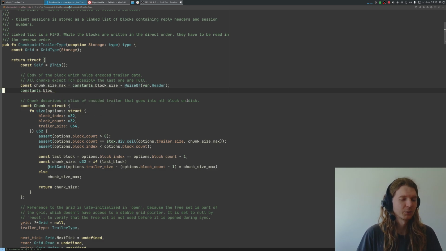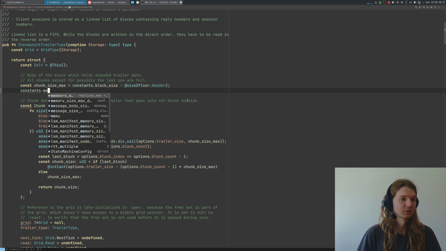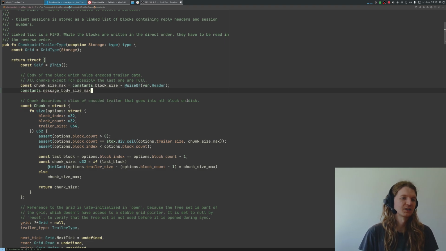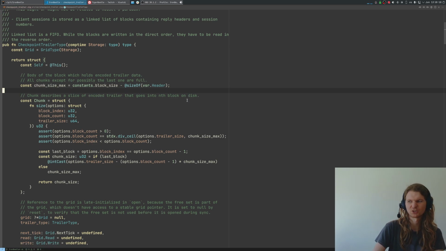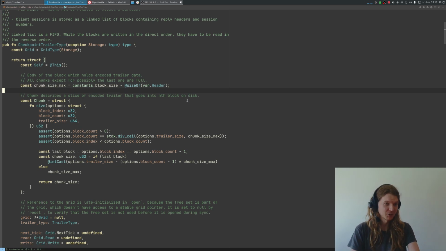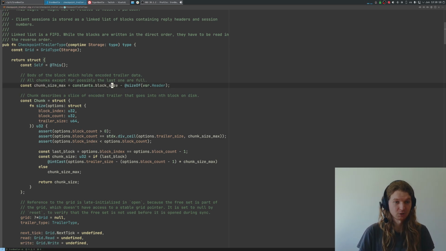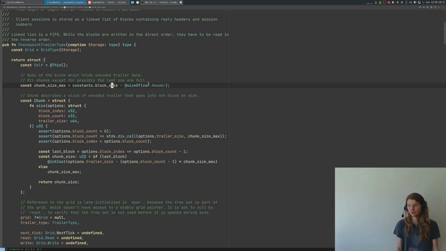Oh, right. We don't have block. We have message body size, but we don't have block body size, and that's why we introduce chunk here. Or probably, yeah, we should just introduce this as a global concept. Anyway, so that's just the size of block minus the size of the header, because as usual, reminder, one pattern